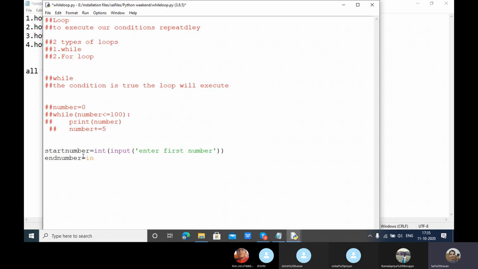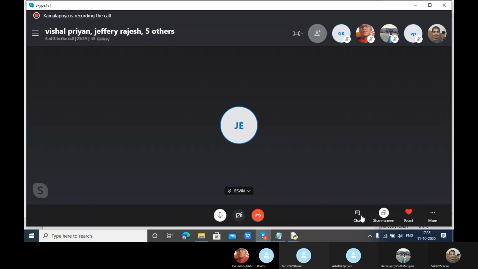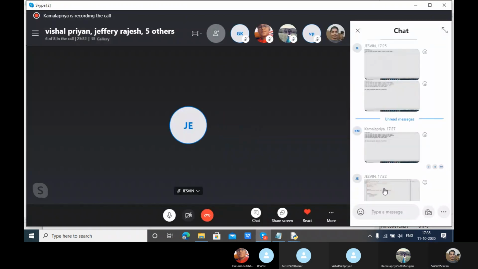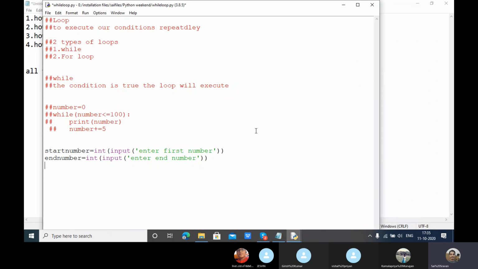End number equals integer input of, enter end number. So enter the start number and enter the end number.